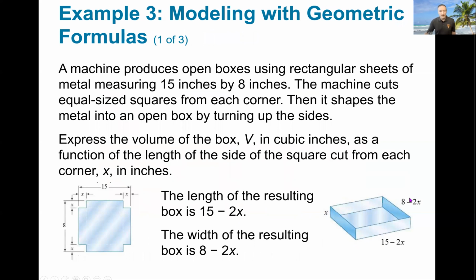Let's go ahead and look at a geometric application problem. It says a machine produces open boxes using rectangular sheets of metal measuring 15 inches by 8 inches. The machine cuts equal size squares from each corner. Then it shapes the metal into an open box by turning up the sides. So we're supposed to express the volume of the box, V, in cubic inches as a function